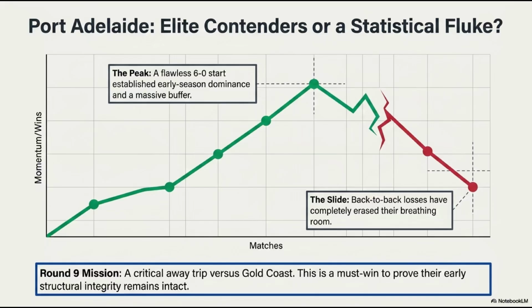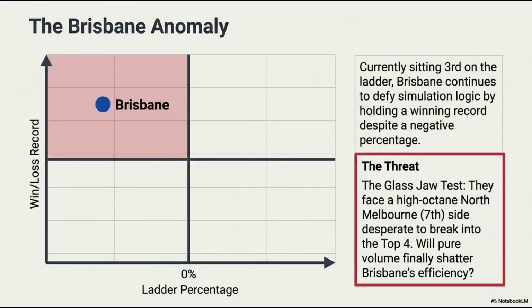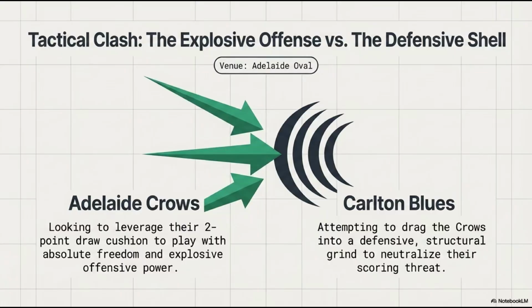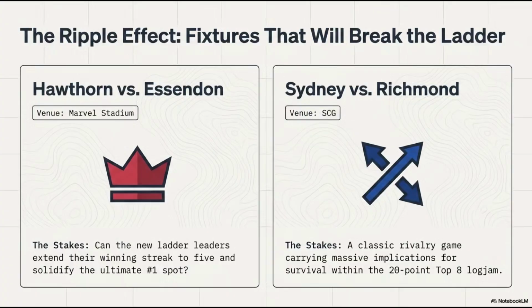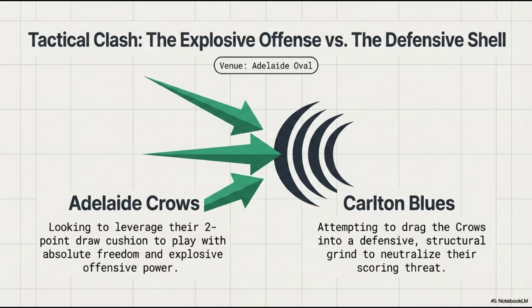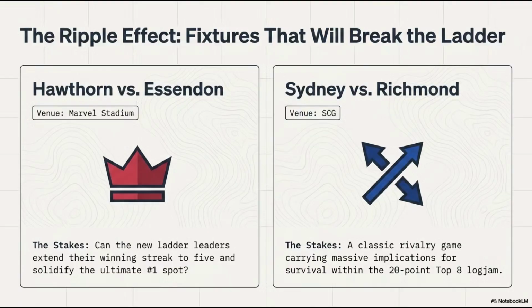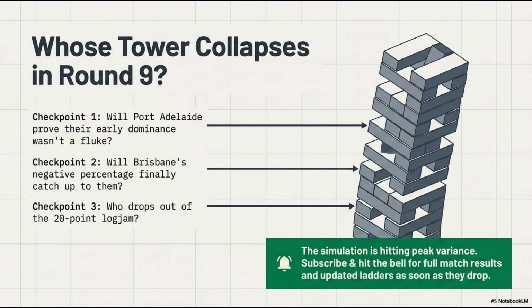Yeah. But the source asks if Port Adelaide's dominance was just a statistical fluke. Is it really possible to win 6 games in a row purely by mathematical luck? Like, can a team just roll the equivalent of sixes in a row and have it mean absolutely nothing about their actual quality? It's a great question, and it really raises an important point about how human beings perceive patterns versus how probability actually operates.